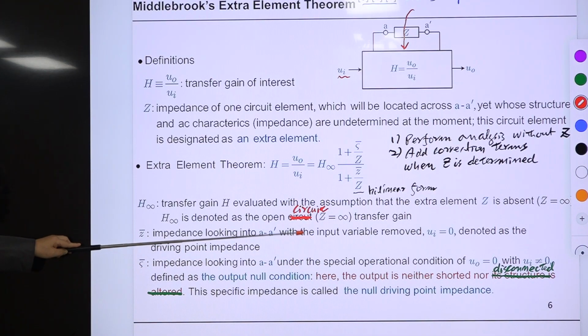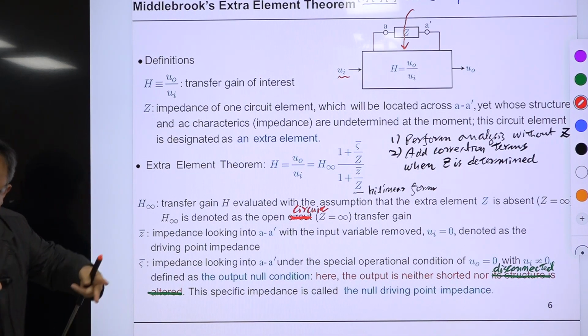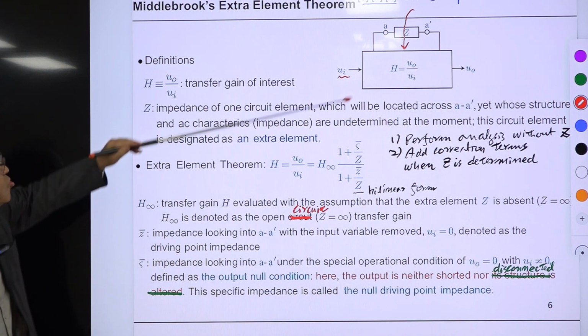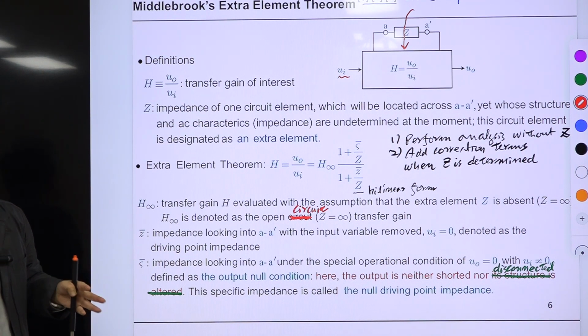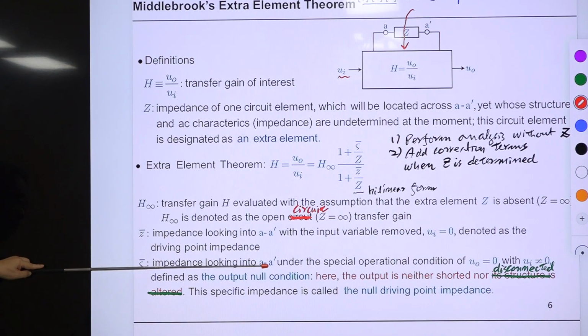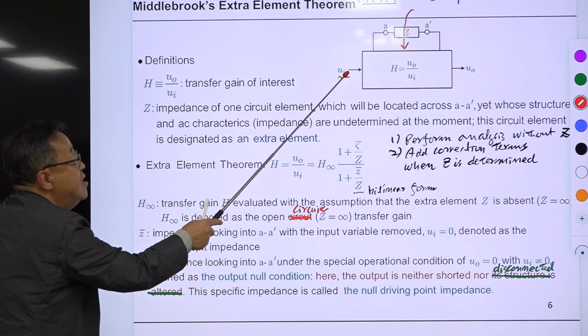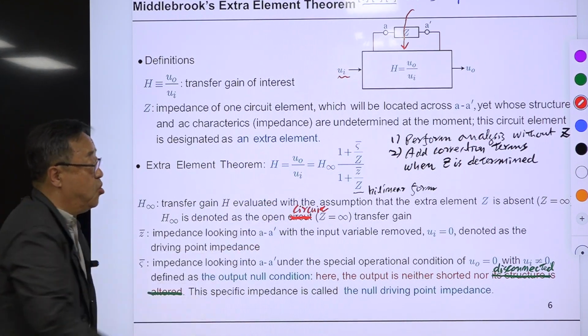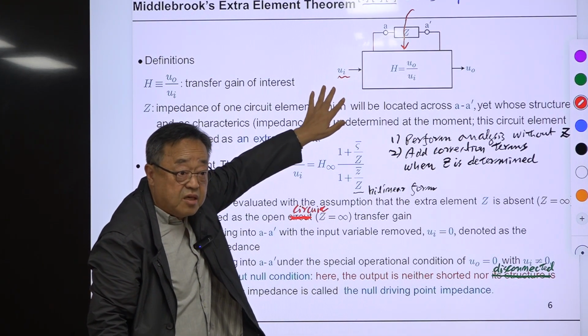Many times you don't have to calculate this. You just look at the system network through this port. Just watch it. Just seeing is enough in many cases. So this is easy, and this one is a little bit difficult to understand. This is the same as this one, but in this case, this is 0. VO is 0. This one is non-zero. Very strange, right?